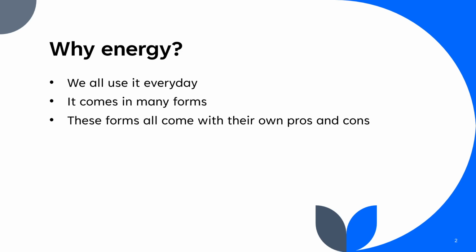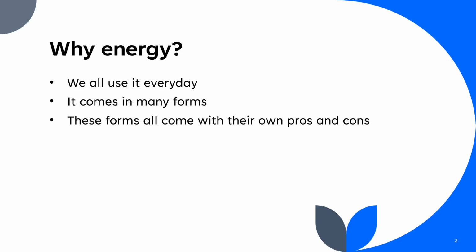It's all around us. We use it from anything from keeping our refrigerators running so we have food, to turning on our lights, to powering our cars and our trains and our planes to travel from place to place. We use it all the time, and there are many different forms of energy production, electricity production, anything from primary energy sources such as nuclear energy or oil or gas energy to solar or wind power. All of these forms of energy have their own pros and cons.